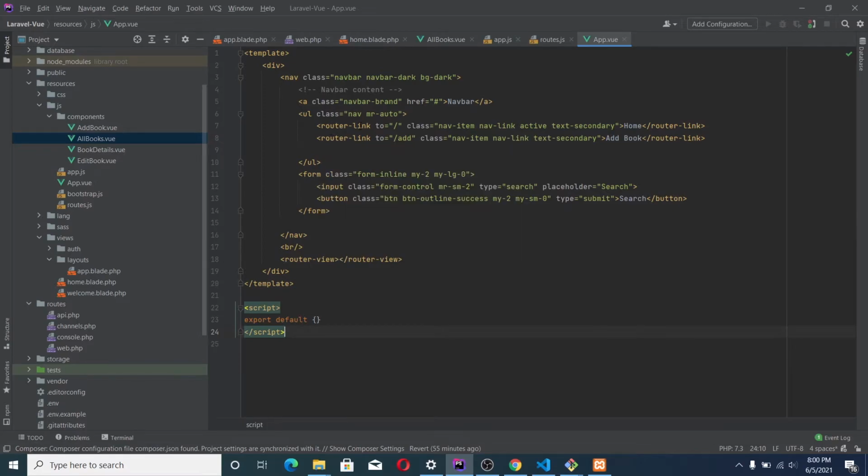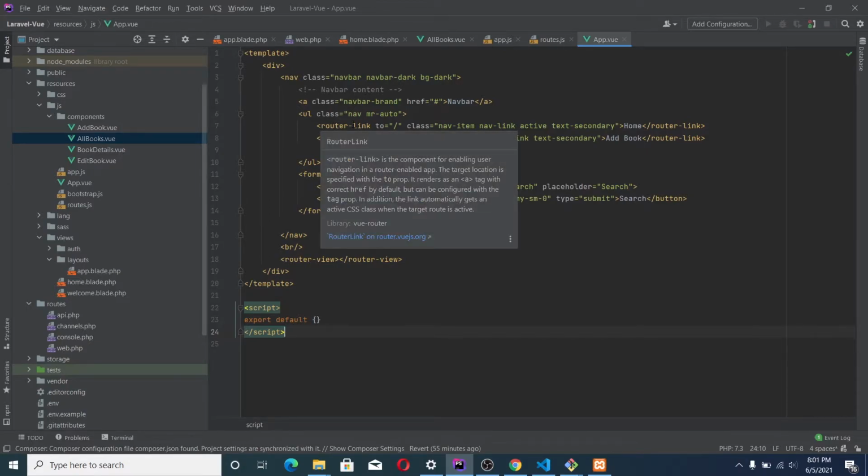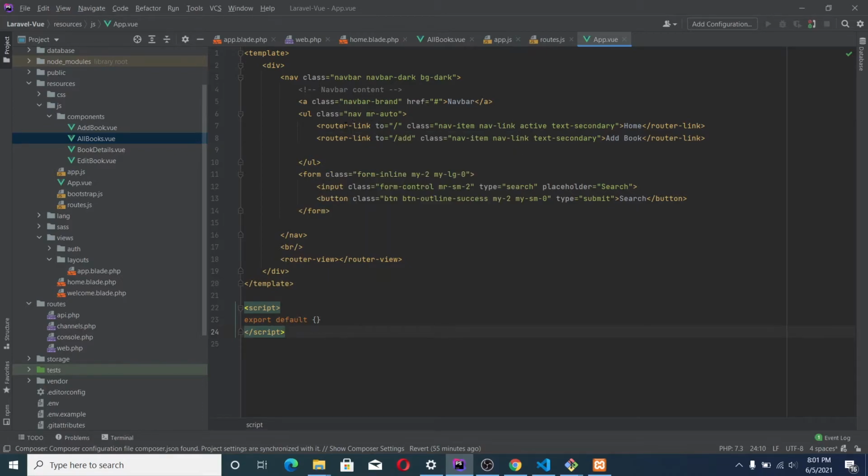You say router-link. Vue router is automatically going to intercept any link that is defined using router-link instead of the anchor element like the href. Whenever you define a link using router-link, vue router is going to intercept it to be handled